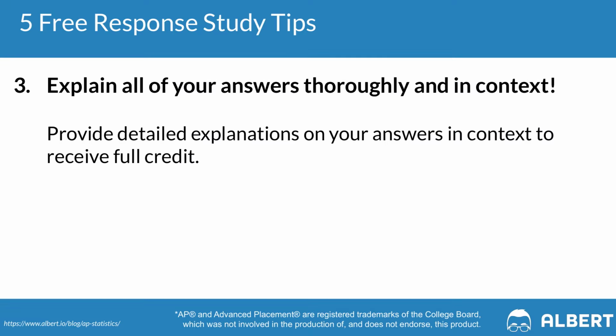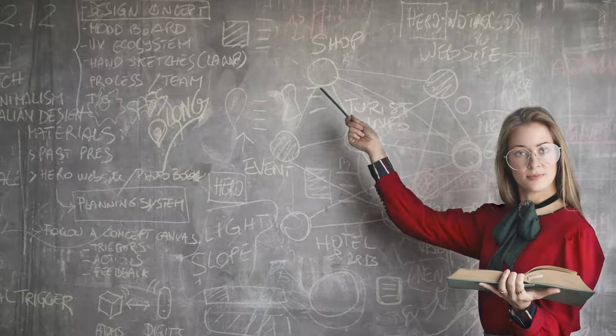It is better for you to over-communicate than to under-communicate in your FRQ response. This leads us naturally to tip number 3, which is to make sure that you're explaining everything thoroughly and in context. You will receive 0 credit for so-called naked answers. In other words, in the case where you got the right answer, but you're not able to show how you got there, you're not gonna earn any credit. The easiest way to solve this problem is to make sure that you're including detailed explanations that are in context to your answer. Let's go over an example of where we provide no context, followed by one in which we provide context.